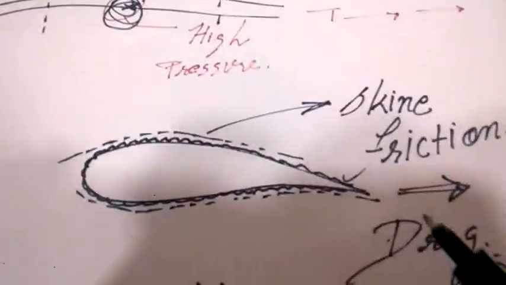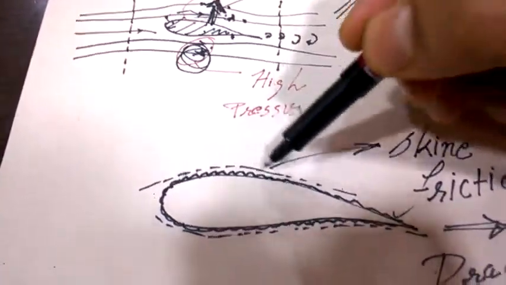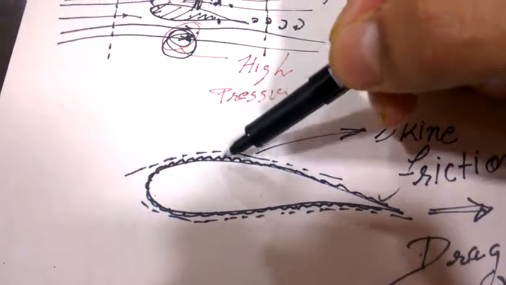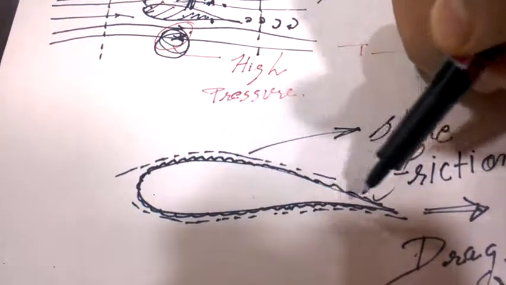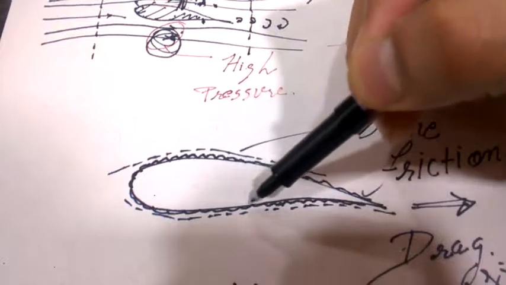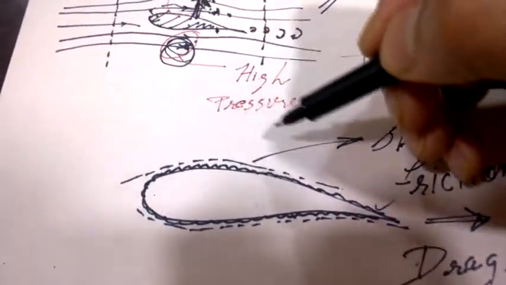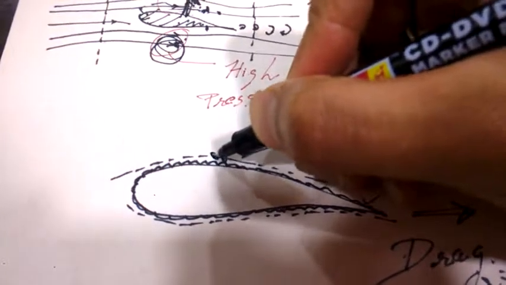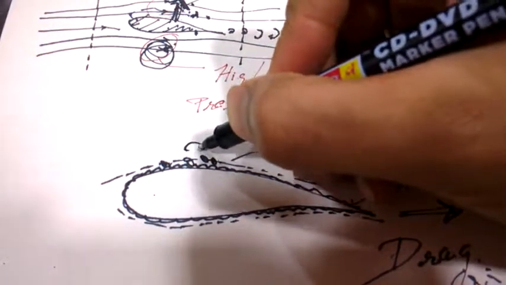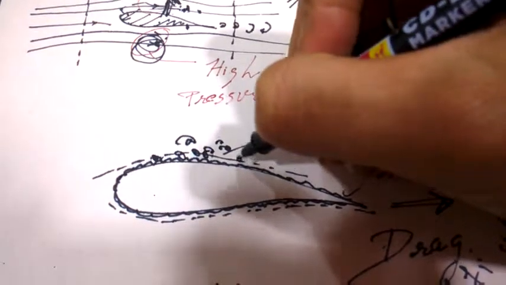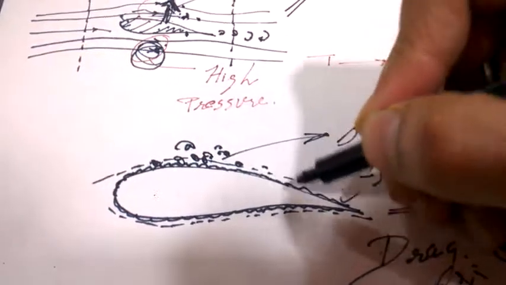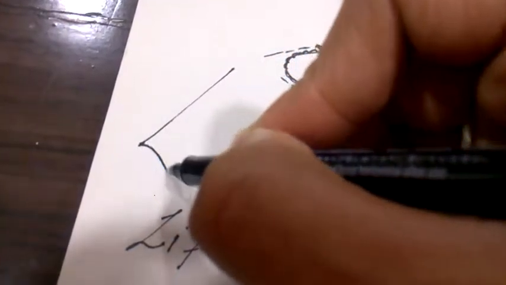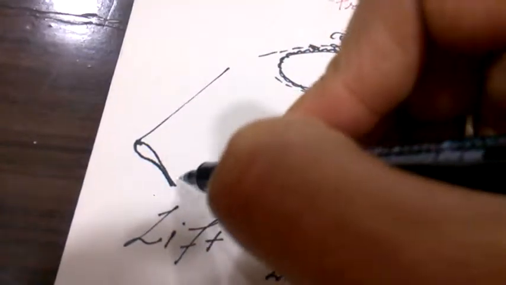Now come to the drag. As you can see, at the microscopic level the shape of an aerofoil is not exactly very smooth. It is something like that. Hills and valleys are there. It is a very rough surface. So what happens? Air particles get stuck here, and that creates vortices, and this creates friction on its skin or its outer layer. This is like the wing of your aircraft,